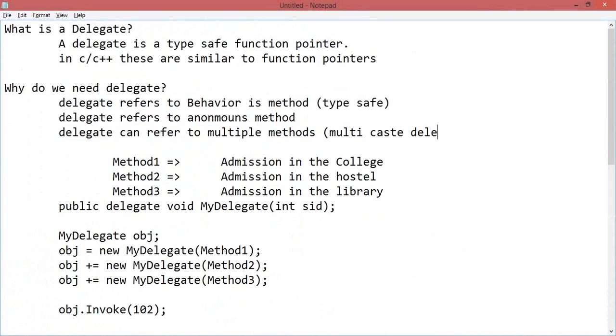Multicast delegate. I can say that I want to do a journey, so here a travel agent is a multicast delegate. What a travel agent will do, he will do all your work. He'll book a cab for you and make you reach the railway station, and he'll book a train ticket for you. From there you can reach your destination. So you can understand that 2-3 works will be done by the delegate. You can say tours and travels, a package. A delegate is like your regular package.